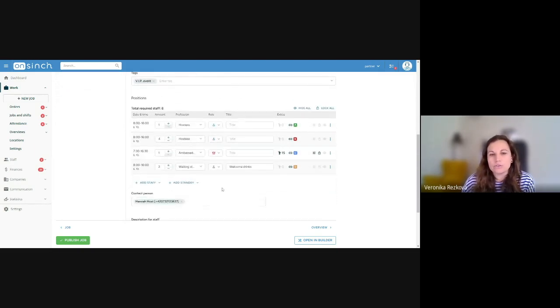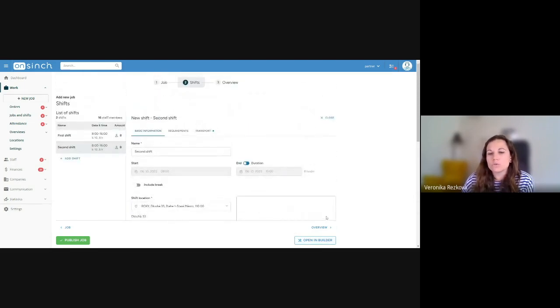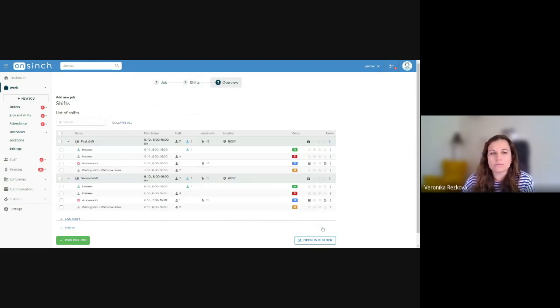And directly from here, you can either publish the job as it is, if it's just a simple shift and you don't need to go to overview, or you can continue in the Builder and do some advanced edits, or you can go to the first section, that's the overview part. In this overview part, you can verify, double check if everything you are about to publish is correct. But you can also do a lot of changes here,